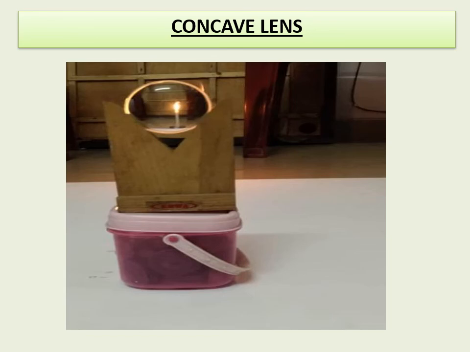Here this is the second condition. What is that? The object is placed at infinity. My candle is placed at a far away distance from the lens. So the image will actually be formed at the focus. But I am not worried about the position of the image. I am worried only about the size of the image formed and the nature of the image. So here it is highly diminished. You can see the candle size is highly reduced. And what is the nature of the image formed here? Virtual and erect. I hope you have understood the nature and size of the image in these two conditions related to the concave lens.